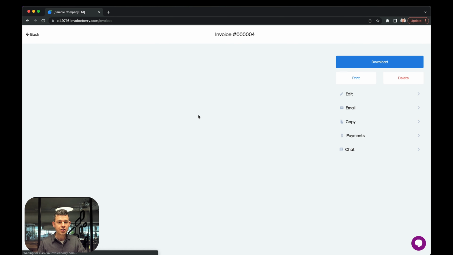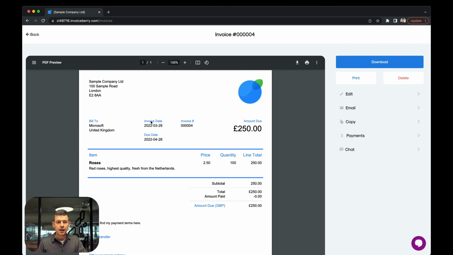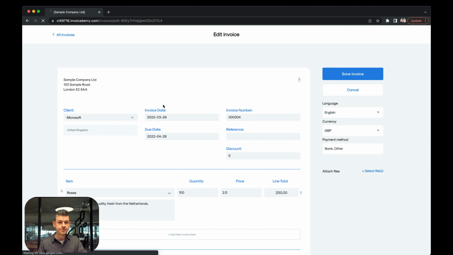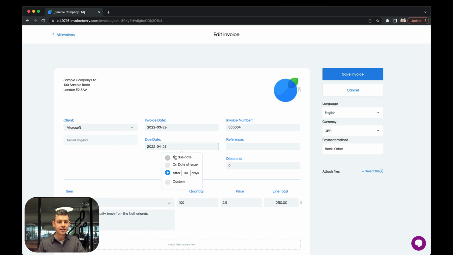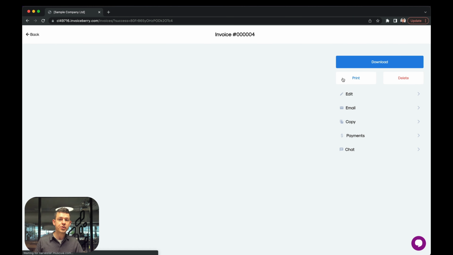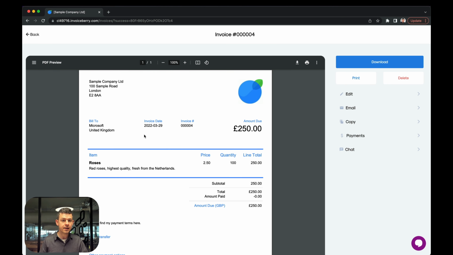In the PDF version, it will show a due date, which a lot of people like, but what happens if you have a customer who doesn't want to have a due date on the invoices? No problem at all. Now when you click on due date, you can select no due date. And when you save this now, what will happen is that we don't show any information about the due date here. You see here, previously it was written due date. It's not written anymore. So there you have it. These are the two updates,